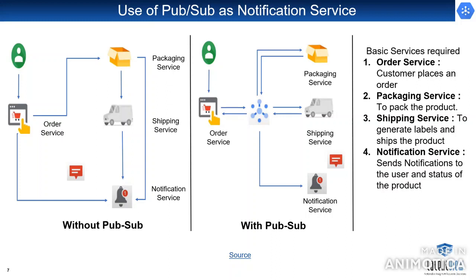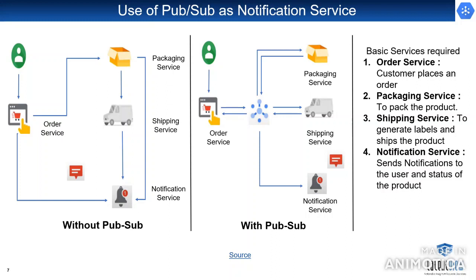Here PubSub can play a crucial role. As we all know, Cloud PubSub is a fully managed, real-time service which allows us to send and receive messages between independent applications. So by introducing PubSub, we can build a scalable and robust system for this application by integrating the services asynchronously. This simplifies the development of event-driven microservices applications. By messages here, I mean things like order received, package shipped, and all that.